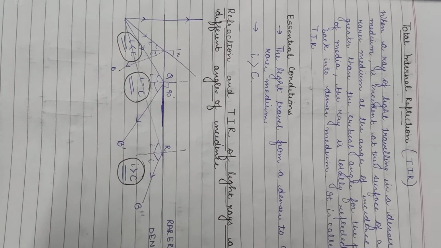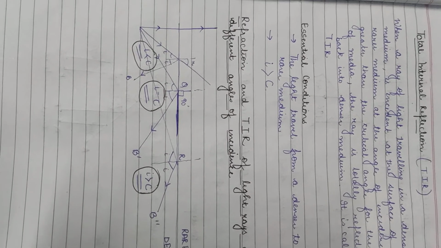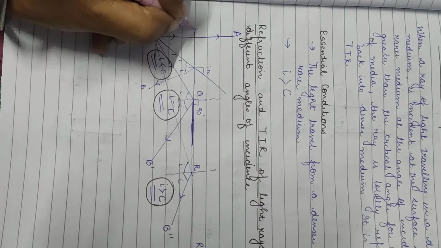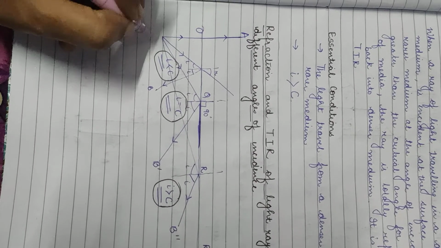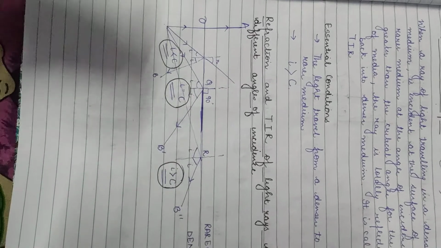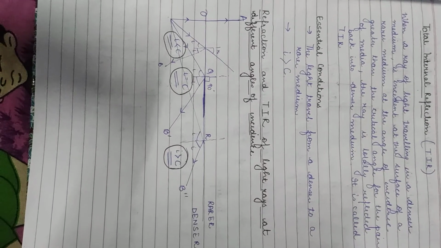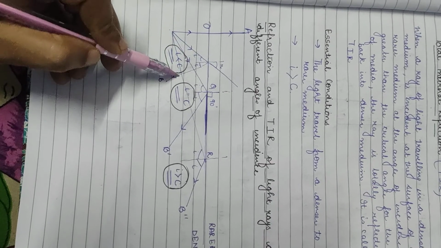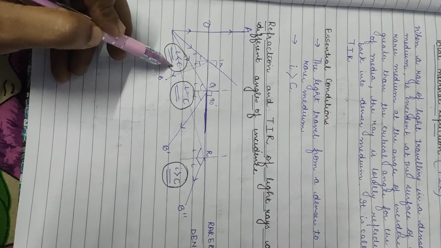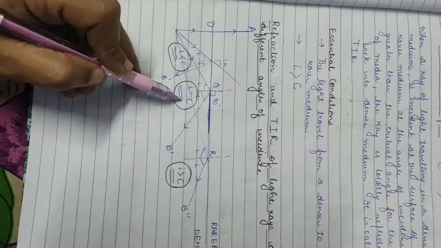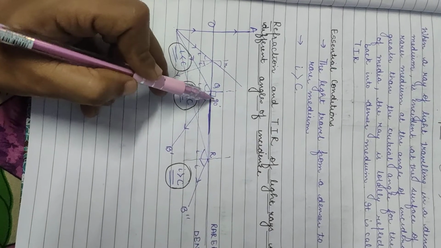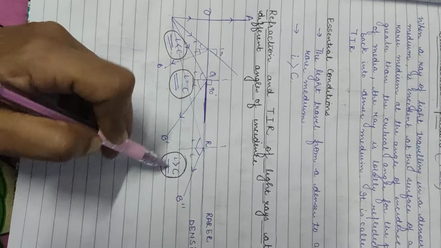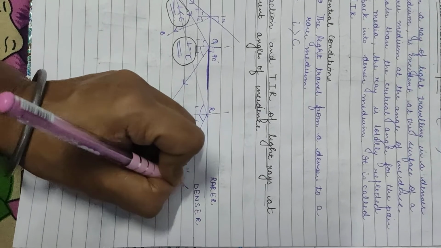The next topic, now we are going to study total internal reflection. See, the same thing we have done now in those three different cases. Now we are going to take all three diagrams together to study this. See, in the first case, refraction is there, reflection is there when angle I is less than C. When angle I is equal to C, the refracted ray makes a 90-degree angle. And when angle I is greater than C, then there is only what?